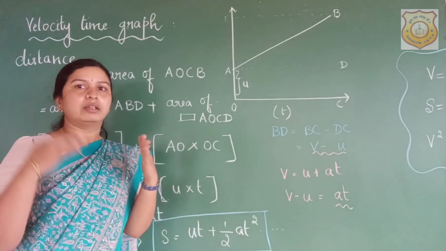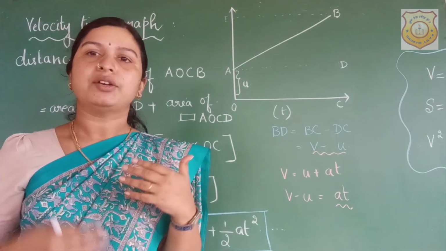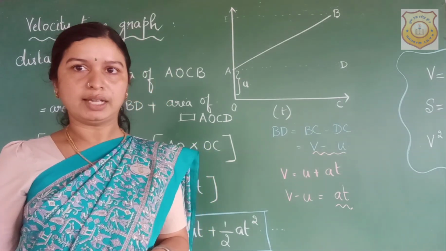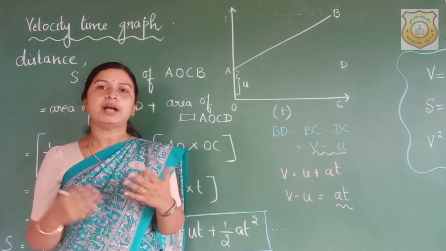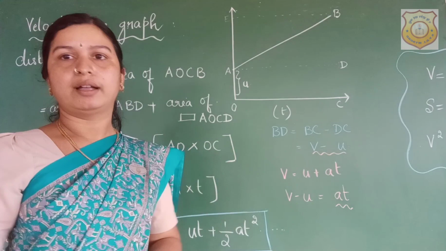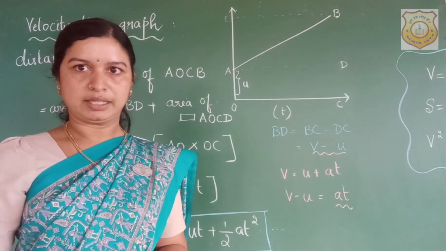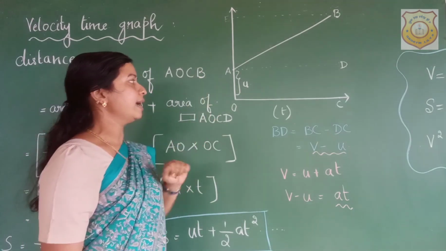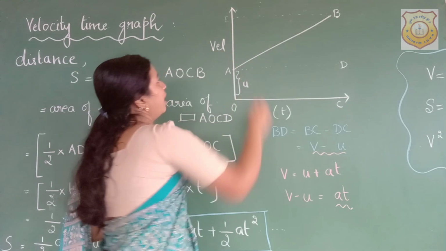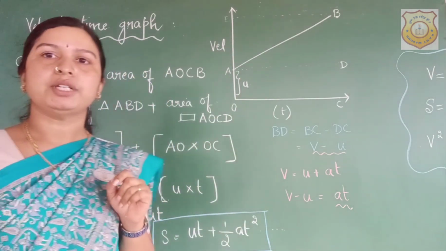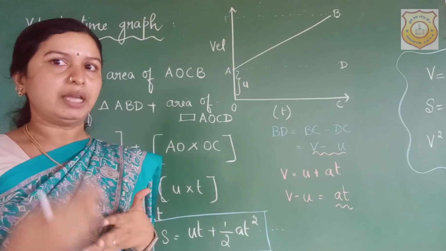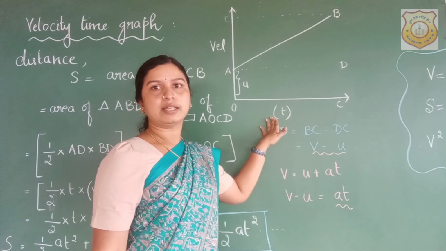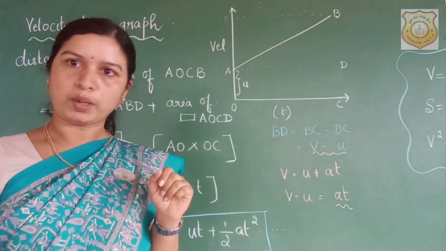So here, now again go back to the graphs and try to recollect using a velocity time graph, how do you calculate the distance? You are right, by calculating the area below the graph, we are calculating the distance. So we are going to consider the same graph here, velocity time graph. And we are seeing that this particular object has uniform acceleration, meaning the velocity increases at regular intervals. The x-axis represents time and the y-axis represents velocity.